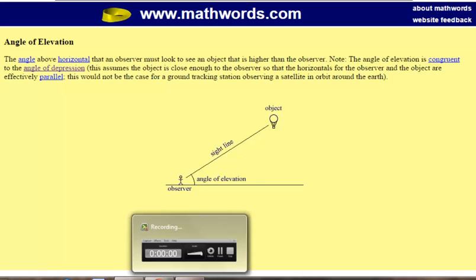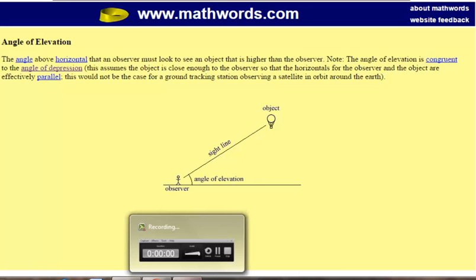Hi everyone. So you have homework on special right triangles and trig ratios. There are word problems in your trig ratios homework, and they involve the angle of elevation and the angle